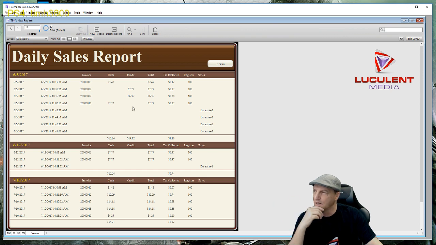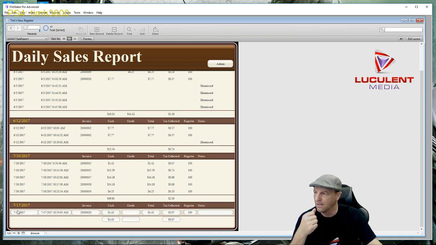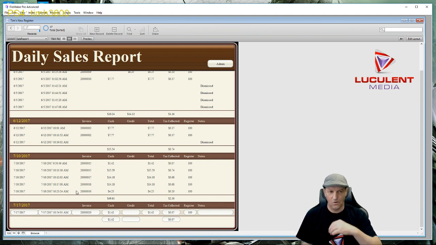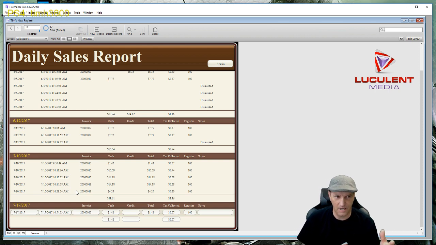Remember the sales report? Every time we push the button here, here's all of our invoices. We have 9, 10, 2002, 3. Notice how they're all scattered all over the place from different days. So 6/5, 6/12, 7/10, and then today's at 2020. But as we went on through this and started utilizing it correctly, we've got one here that's duplicated, 15 and 15, 17, 18, 19. So now if we use it a dozen times,